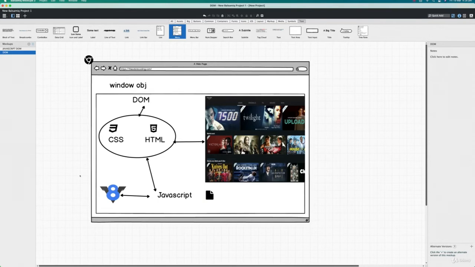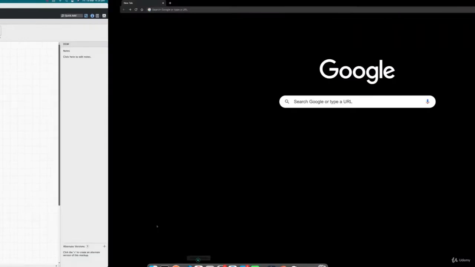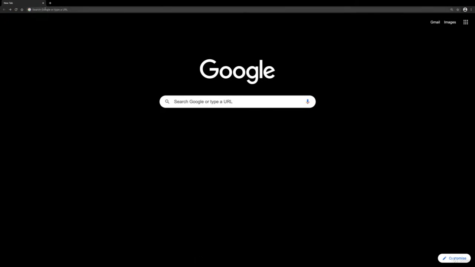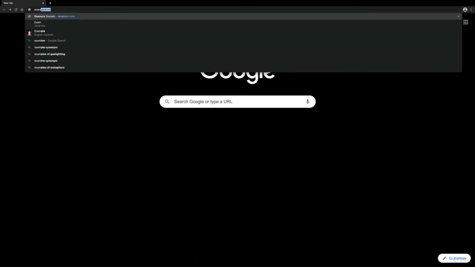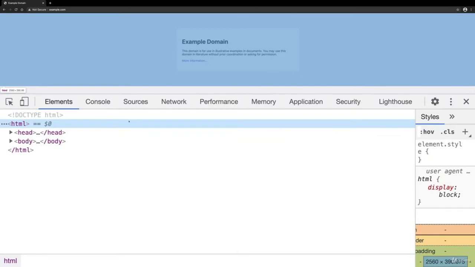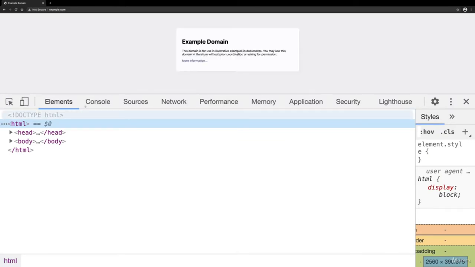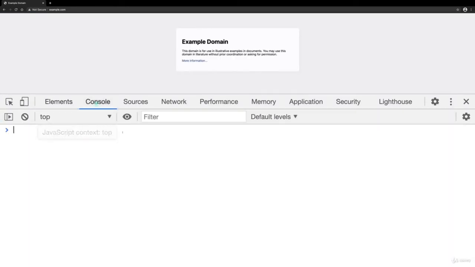But before this, let me just open the browser. So open Google Chrome, for example, and type example.com. Now, example.com is a domain for use in illustrative examples and documents. So if you right click and inspect, it will open the developer tools. Now inside here, if I go to the console and type document,